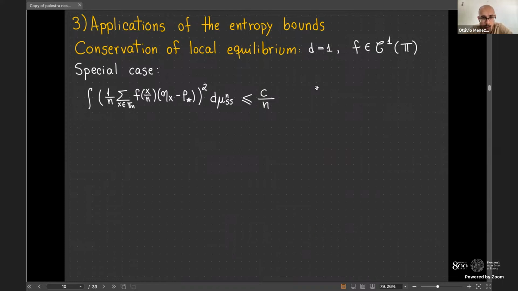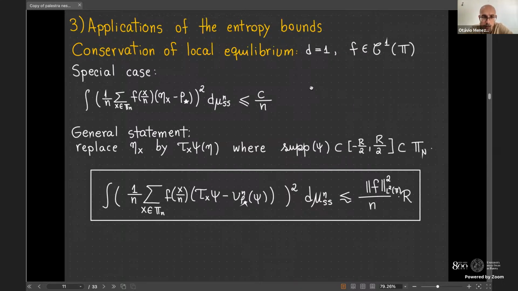We can do a little bit better if instead of looking at the occupation of a single site, we look at some local function, some function that depends on what happens on a neighborhood of 0, say some polynomial on the occupations of the 10 sites to the left and to the right of 0. So we can take a function of this type,